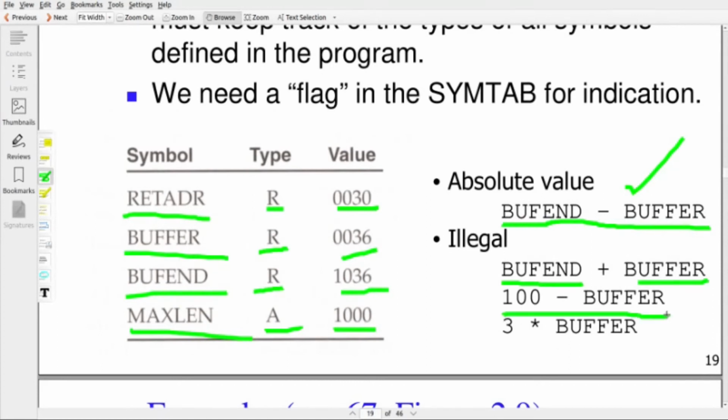Here it is again illegal. Why? Because this is an absolute term and this is a relative term, and there is no pair for the relative term. An unpaired relative term should be positive, but it is negative. Look at here, this is BUFFER, a relative term, and a relative term cannot be included in multiplication, so it's invalid.